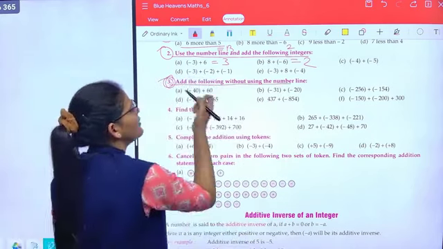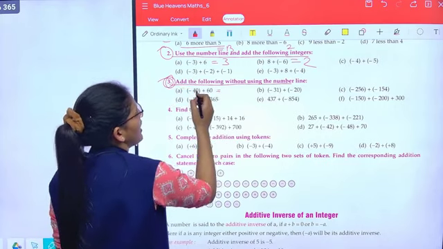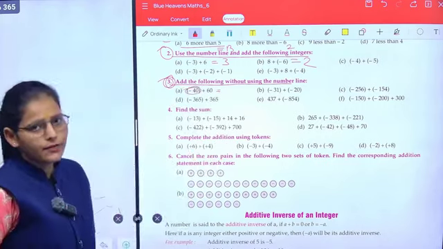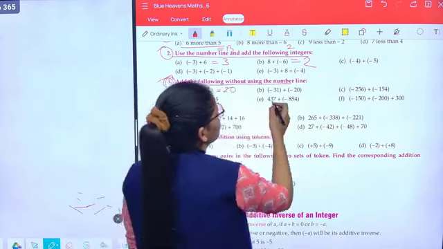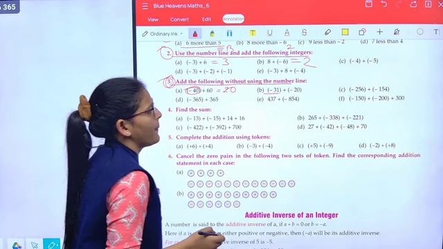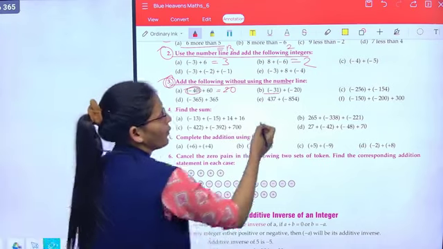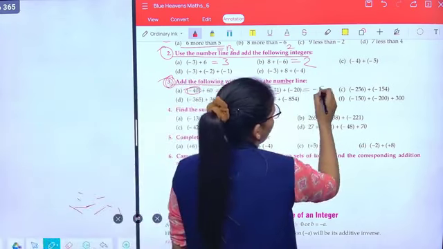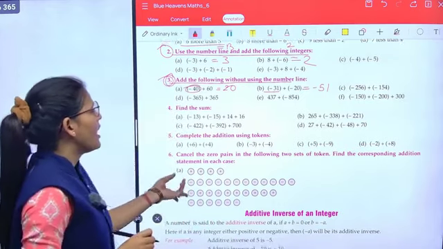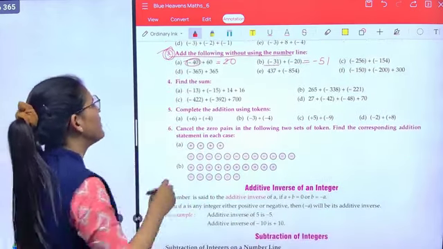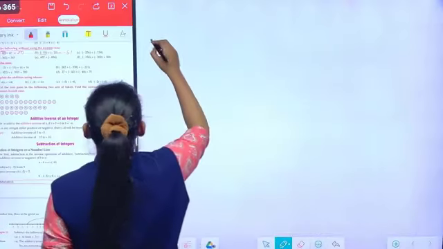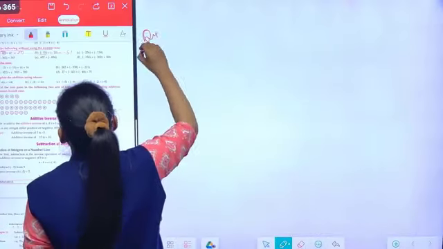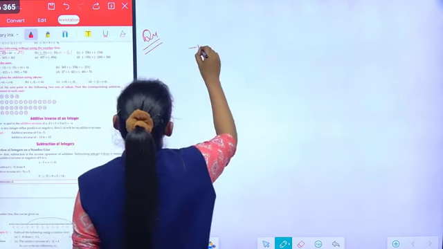Class हमें add करना है without using the number line. Class, it is plus 40 minus 40 plus 60, class it is 20... Now minus 31 plus minus 20 plus minus 51. Understand? Now rest of the parts do yourself. Come on, question number 4, find the sum. Yes class, question number 4, that is minus 13